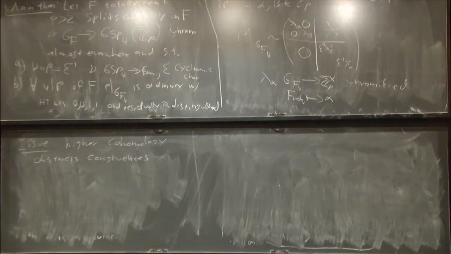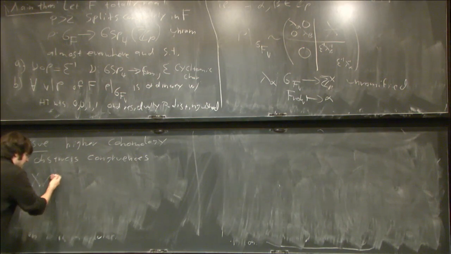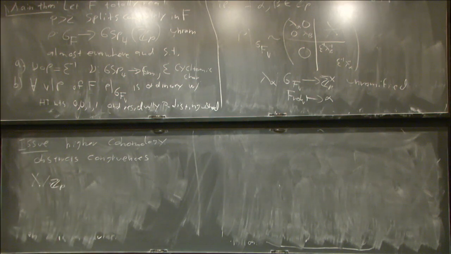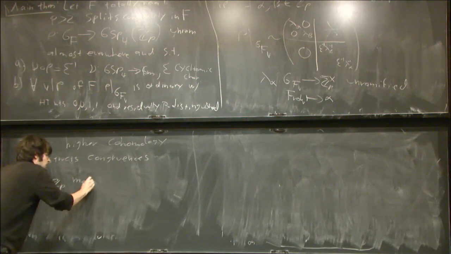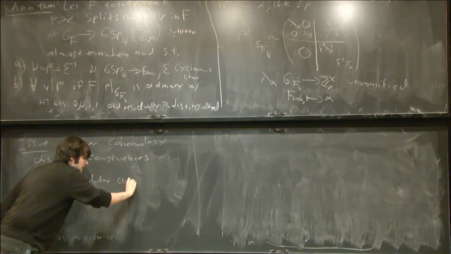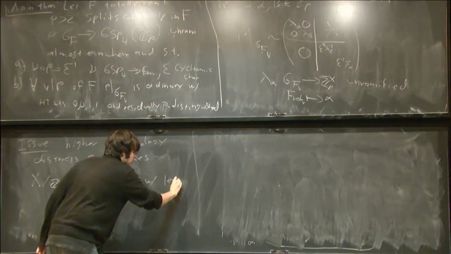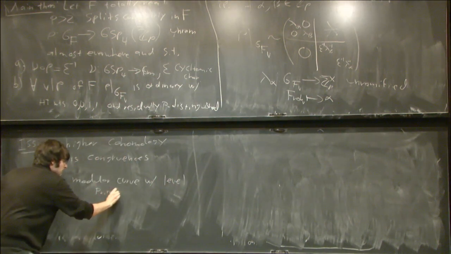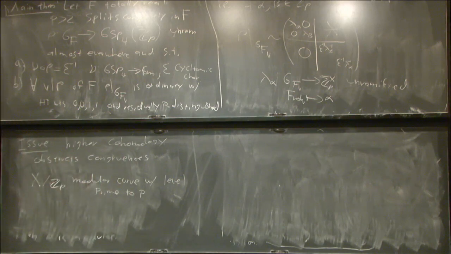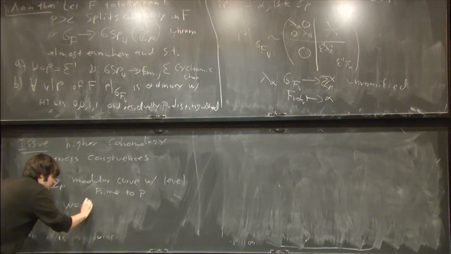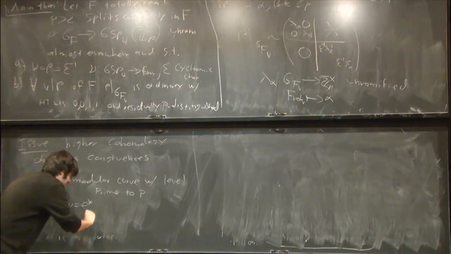So let me give a very precise illustration of that. If we let X be the modular curve, which I'll think about integrally, modular curve with level prime to p. And over X, we have our line bundle omega, which classical modular forms are sections of. So omega is nothing but the pullback along the identity section of